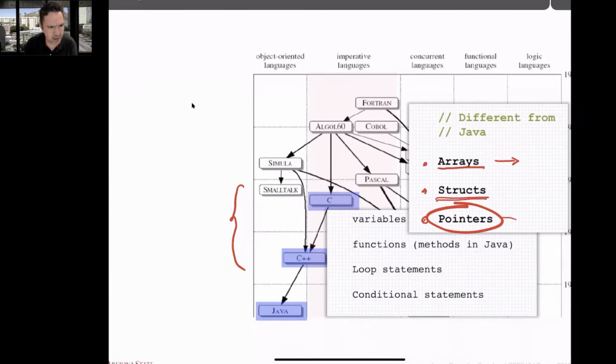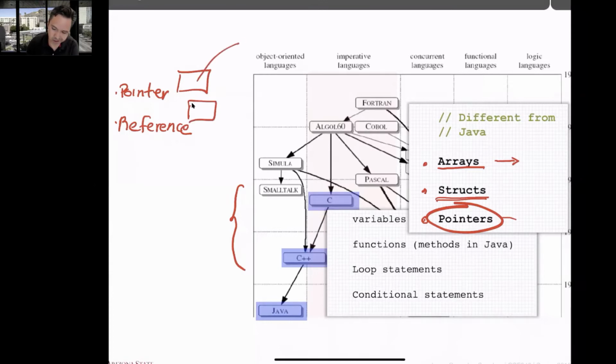Pointers. Help me. Do you remember what is a pointer? Or maybe you remember the other name. What is a reference? We talked about them some lectures ago when we talk about memory management. What is a pointer? Something that points to something, right? Yes. The reference or the pointer, this idea of pointing to something or being a reference to something, is a very fancy idea,